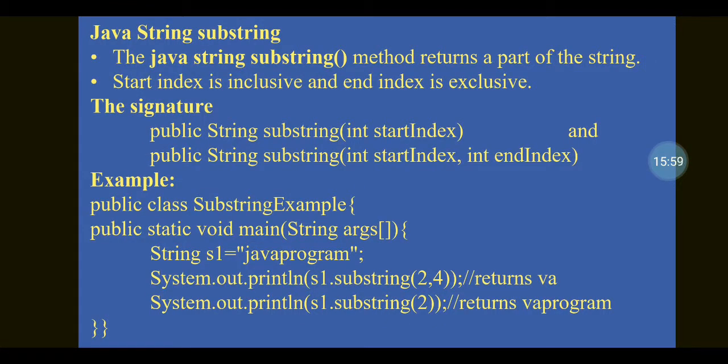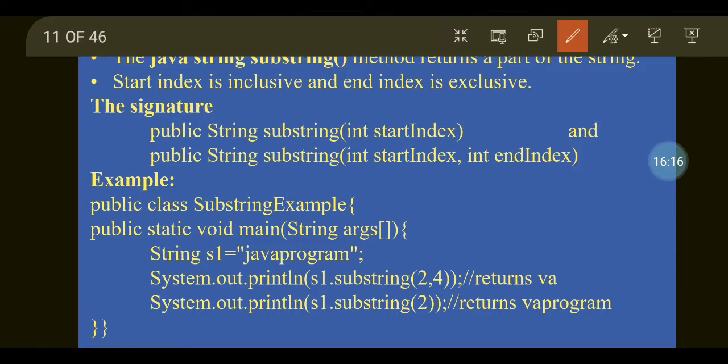And then the substring method. In order to return a particular part of the string, we can use the substring method. Here the starting index is inclusive and the end index is exclusive. Let us consider an example. In this example, the string s1 contains Java program and s1.substring(2, 4),